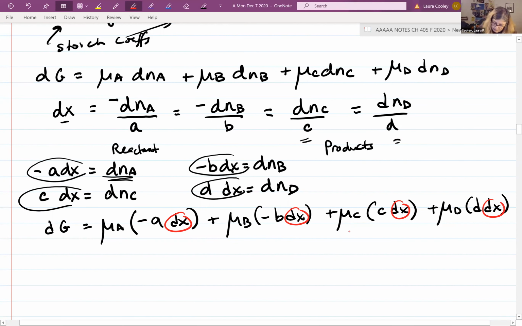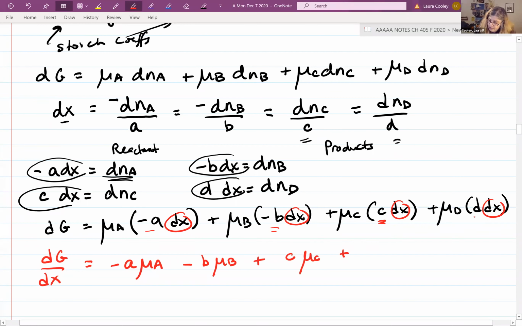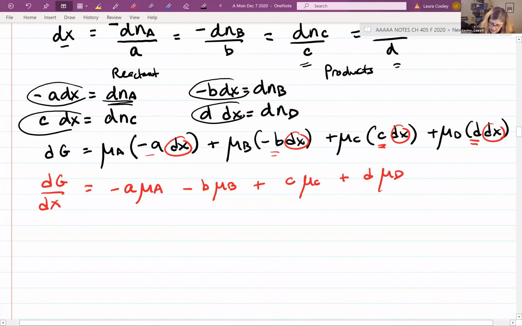And now the nice thing about this is I can factor out the dx. And actually I could divide by it and move it to the other side so I get what I want, dG/dx. And now I just have to worry about these factors as minus a mu_A. This is going to be minus b mu_B plus c mu_C plus d mu_D. Okay, so it's very similar to what I had before, except I only had A and B, and one was positive and one was negative. And if I rearrange this, well, with the products first,